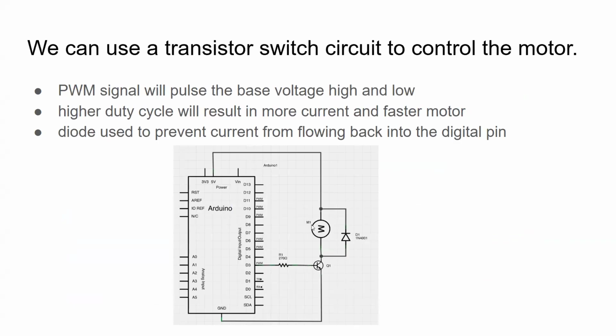So we can also use the transistor as a switch. This is a little bit different than an amplifier, but here I've got it in a switch configuration. The main idea is when I apply a positive voltage to the base terminal, right? So this is the base terminal. This is the collector. The collector is tied to the motor, and then the emitter is connected to ground. So when I apply a positive voltage at the base terminal